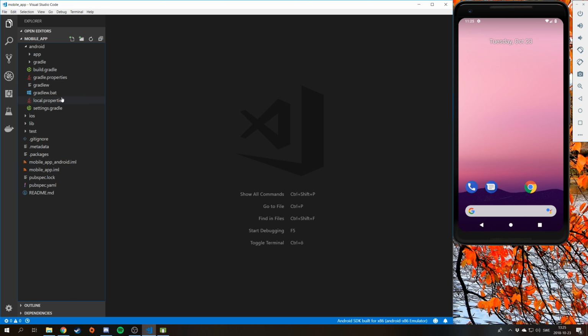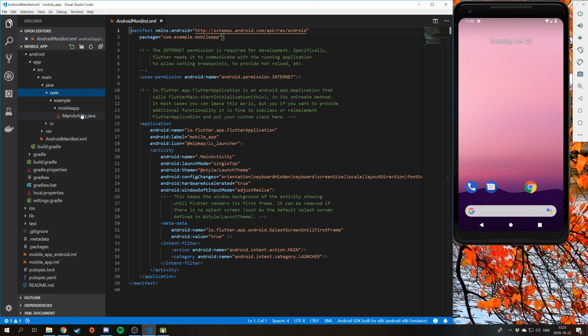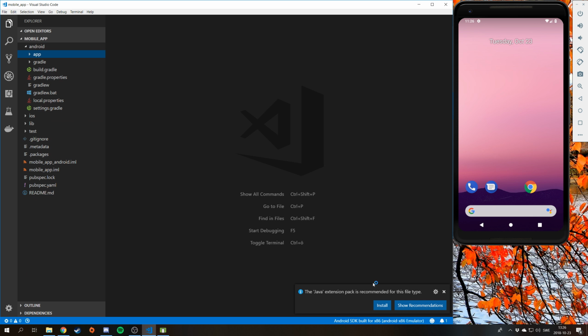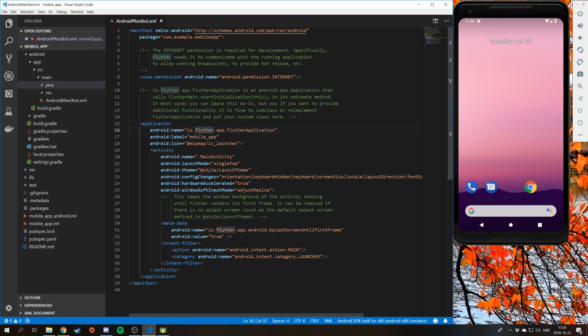So you can open the generated Android project in something like Android Studio. This is the boilerplate project. You have the app, the Android manifest, a main activity, everything like that, a basic Android project that it will use to generate a real project. So if you need to change anything in the Android manifest, you can do it here. If you want to add permissions and things, you can do it here,